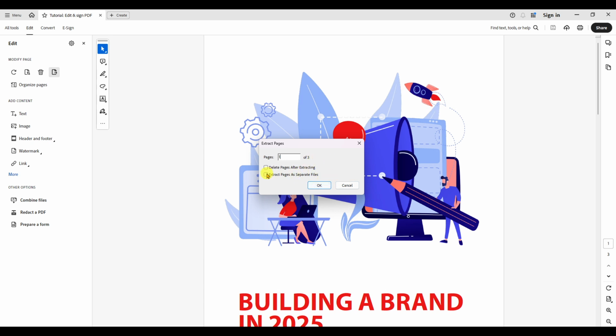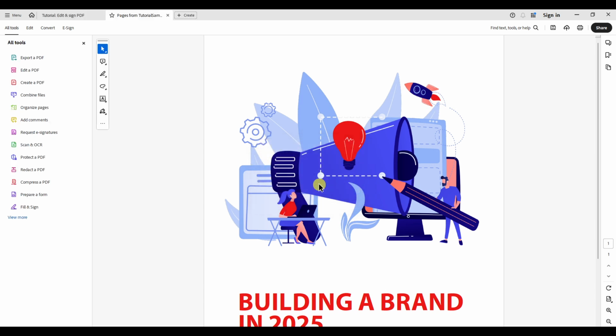When you're ready, click OK. Acrobat will process your selection and extract the specified page. Typically, you'll see the extracted content open as a separate document or appear as a new item you can work with independently. The original PDF remains unchanged unless you choose otherwise in the options, so you don't have to worry